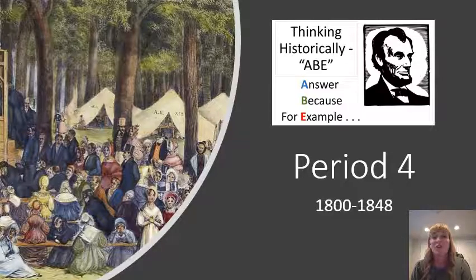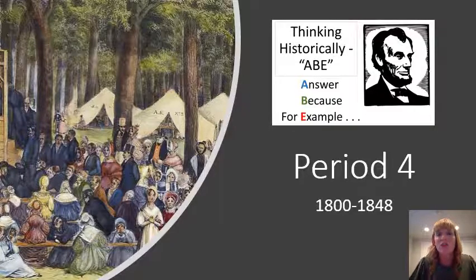We are going to continue and we're going to look at a different time period, but guess what? The strategy of Abe still works because the structure of the questions are the exact same. We are going to look at two historians. We're going to find either a similarity or a difference, which is the answer. We're going to give their argument, because remember, these historians aren't just stating a fact. They're not saying Christopher Columbus sailed the ocean blue in 1492. No, they're going to give an argument like, was Christopher Columbus a good person, or was Christopher Columbus a bad